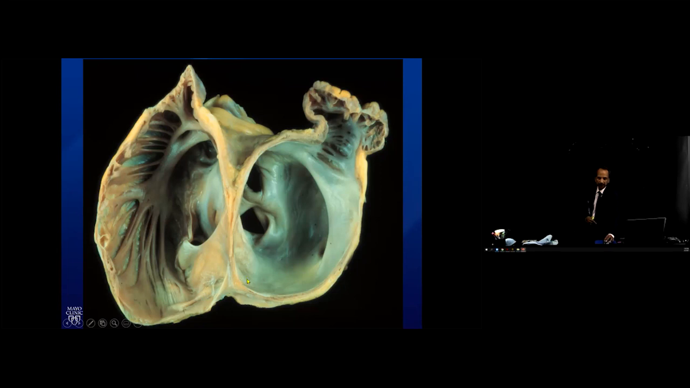My own preference, in cases where it's clearly what needs to be ablated, and by that I mean that's the retrograde limb that was mapped, or the anterograde limb that was mapped with entrainment to show that's where we need to ablate, is to do both the CS approach as well as the approach from the left side. Hopefully that answers